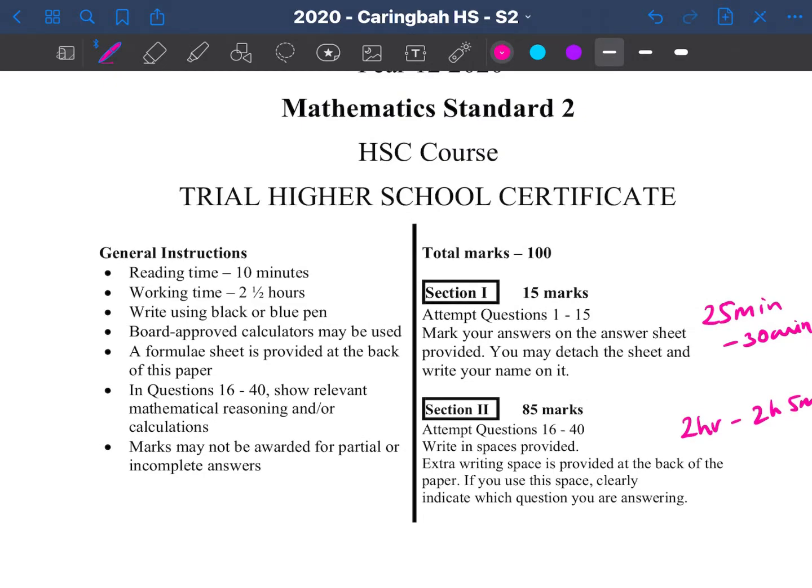A couple of things before we get started. I do recommend that you have a pen that is coloured and can be actually rubbed out to take in with you in the exam. They come really in handy when we're doing the networks and critical path questions. It's just so that you can highlight the paths along the way. Please make sure that you're also marking in all the units. They can be quite picky if you're not carrying over your units in your working out. Make sure your writing is very clear